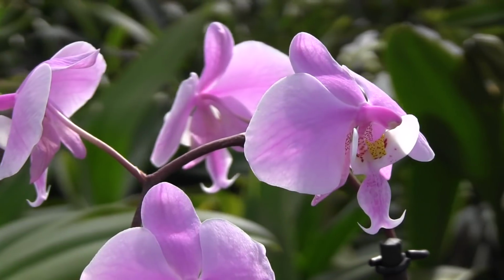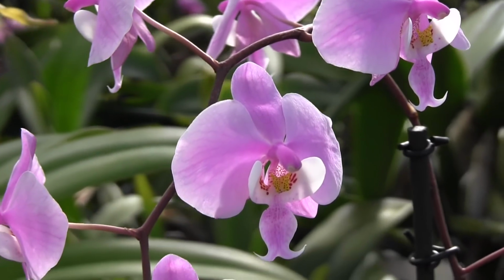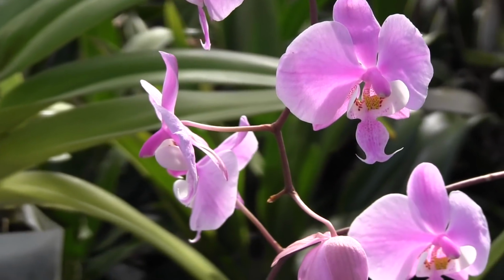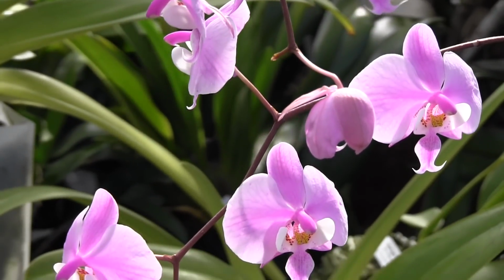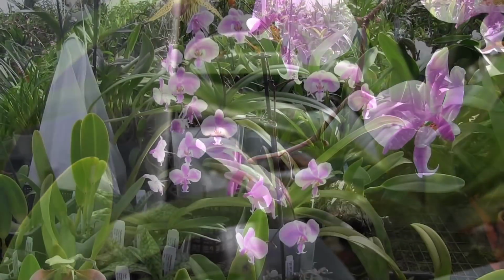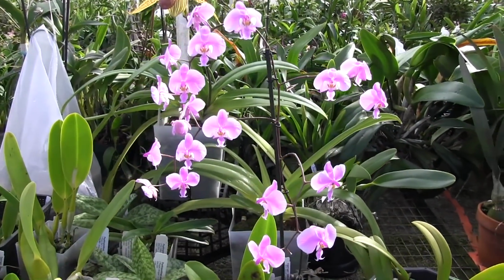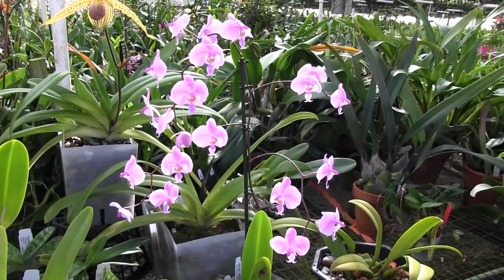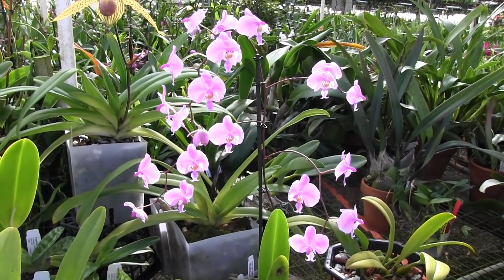And it's funny, it wasn't fragrant at all until the very last flower opened, but then when I went in there this morning and took this video, I could smell fragrance out of some of the flowers, so I was really happy about that. Now, in spite of the fact that these have taken several months to bloom, they'll only be open for a couple of weeks, and then they'll start to wilt, and hopefully we'll see some new growth